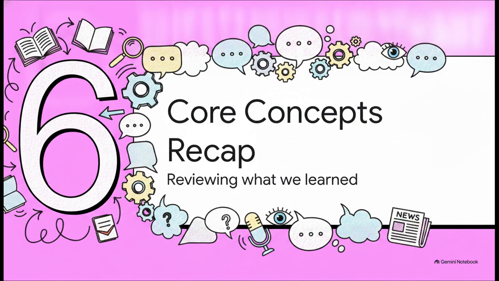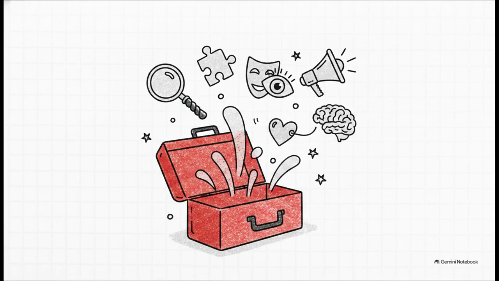Finally, Section 6, Core Concepts Recap. Let's quickly review the core concepts we've mastered in this explainer. You've seriously upgraded your analytical toolkit today. You now have the skills to decode specialized vocabulary on the fly using context clues like definitions and contrasts. You also know how to step way back and critically deconstruct any persuasive media by separating the literal text from the hidden subtext. And you can easily spot when a creator is throwing pathos, logos, ethos, or association at you